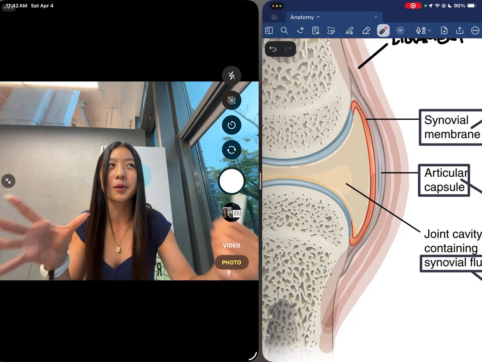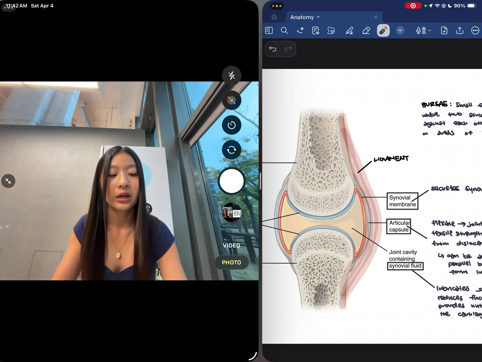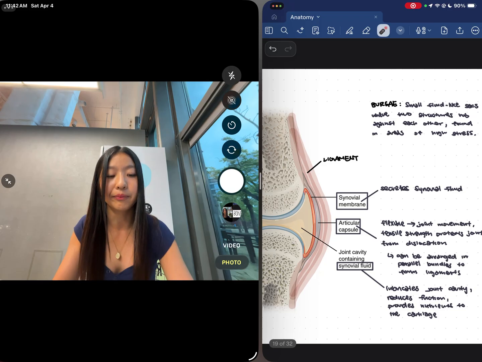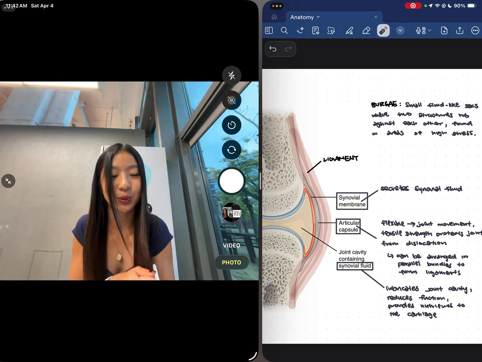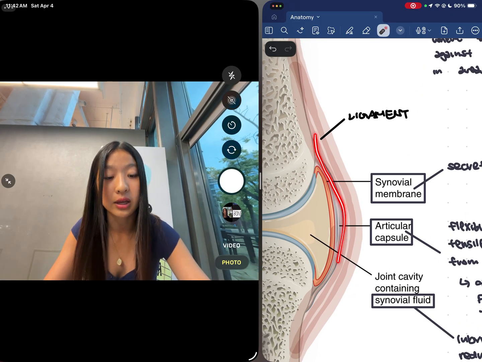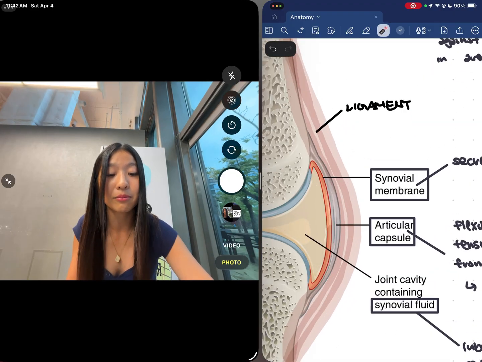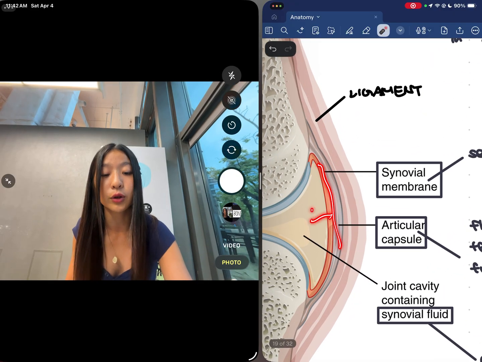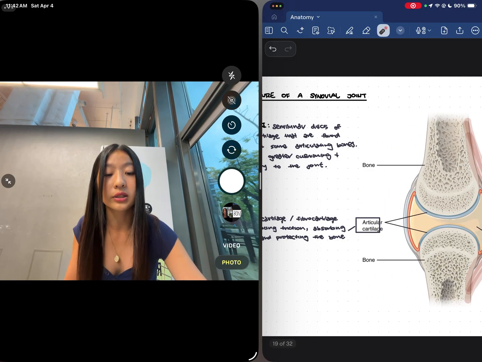It's because there are air bubbles being released in the synovial fluid. And then the articular capsule is flexible and allows for the movement of your joints, and it can also be arranged in parallel bundles to form ligaments, which we'll talk about in another video. The synovial membrane over here is what secretes the synovial fluid inside the joint cavity, and then the articular cartilage,